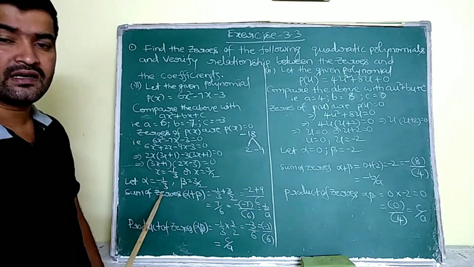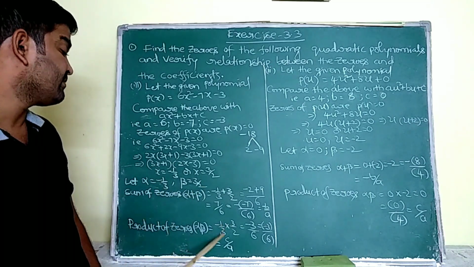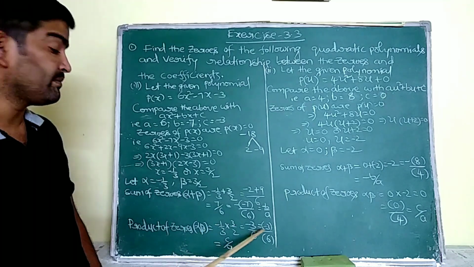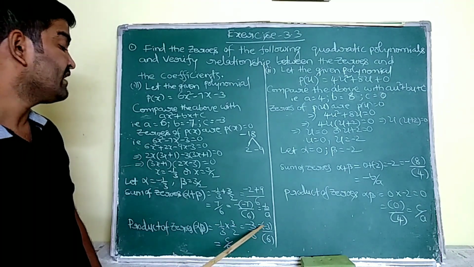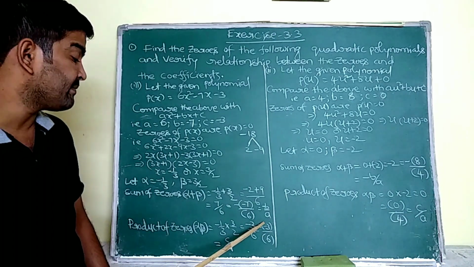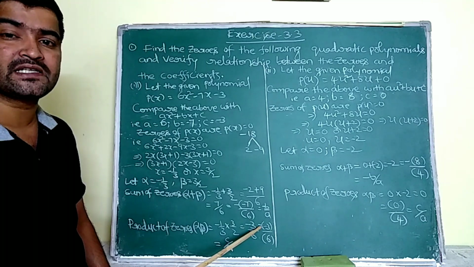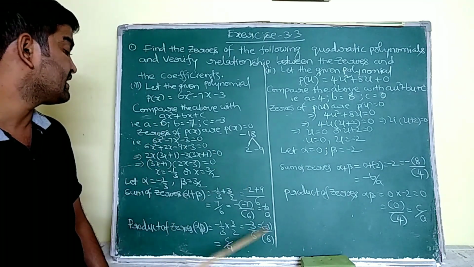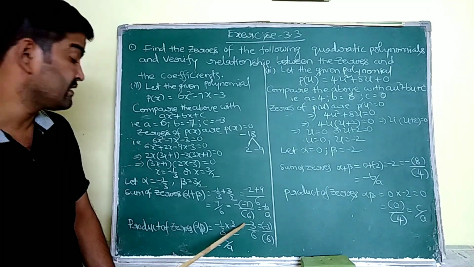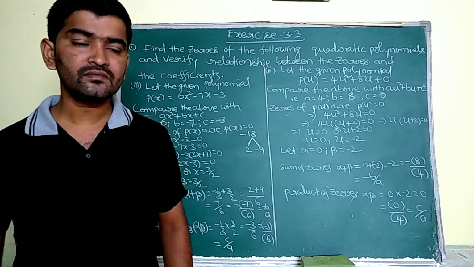So it is clear. Next, product of zeros alpha into beta, that is minus 1 by 3 into 3 by 2. Okay, just multiply them. Minus 1 into 3, minus 3 by 6. So minus 3 by 6 is equivalent to c by a or not, we have to see. Further, just write empty bracket by empty bracket. And now fill the empty bracket, c value as minus 3 and a value as 6. So see, minus 3 by 6 is also equivalent to minus 3 by 6. So the product of zeros is verified as c by a.